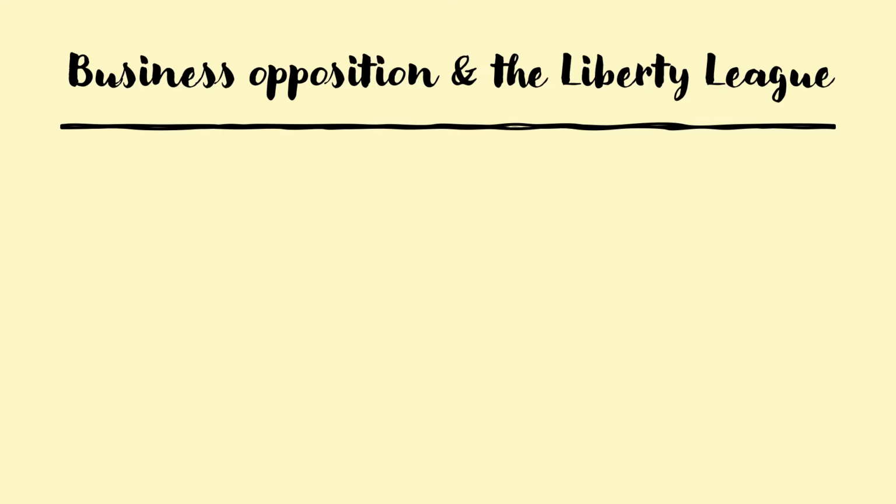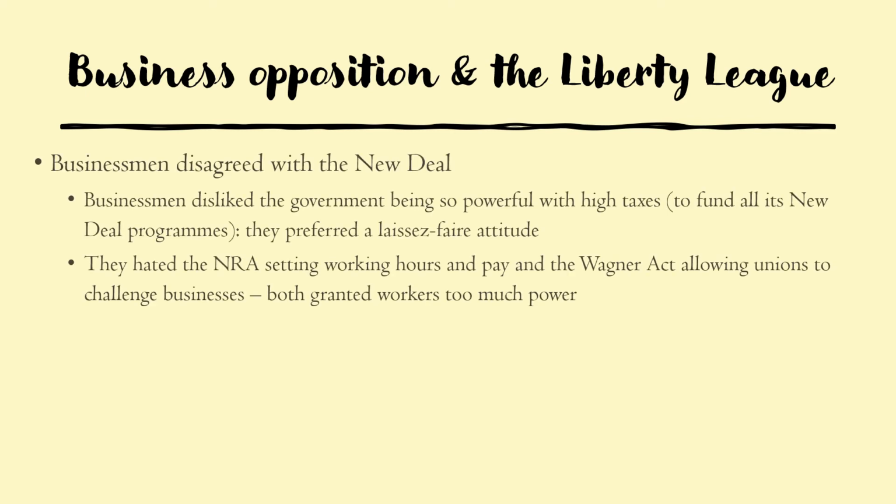The third one then is business opposition and the Liberty League. The first key feature is that businessmen disagreed with the New Deal, or lots of them did. Businessmen disliked the government being too powerful. Again, all of them, the Supreme Court, Republicans and the businesses, did not like the federal government having too much power. They disliked the high taxes as well, in order to fund all the New Deal programs, as we looked at,